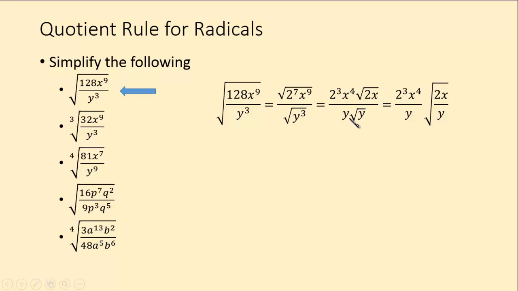And then down here, notice we broke this up into square root of the numerator and square root of the denominator, and this 3 divided by 2 is 1 remainder 1. And so we can then write this as what we have here, and these two we can put back under a single radical sign. So whether you prefer this or this, it depends on the problem you're working with and